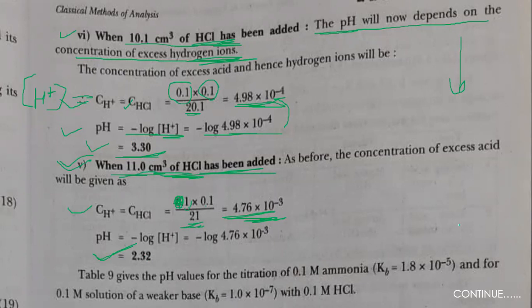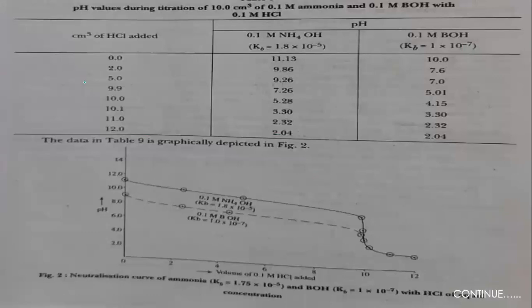Now where is this pH? It is in the conical flask. Remember, don't forget it. The pH we are measuring, calculating, is of the solution in the conical flask, and we are calculating it theoretically. See what happened here: at the reading 0, the pH we calculated was this. These are the pH values. When 2 ml HCl was added, it was this. When 5 ml HCl was added, the burette reading went to 5.